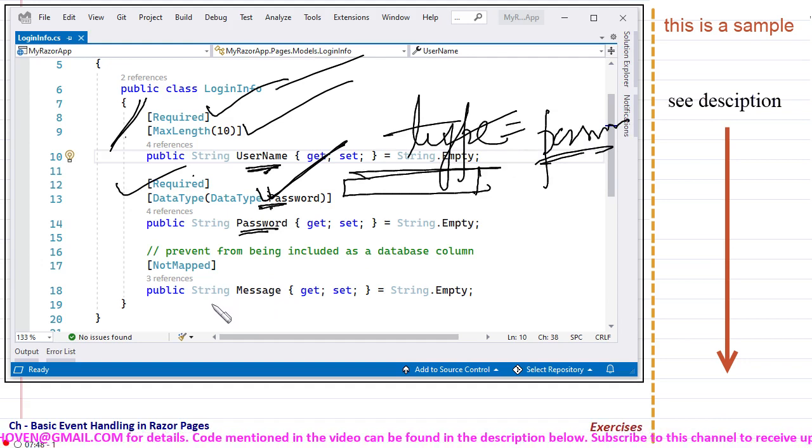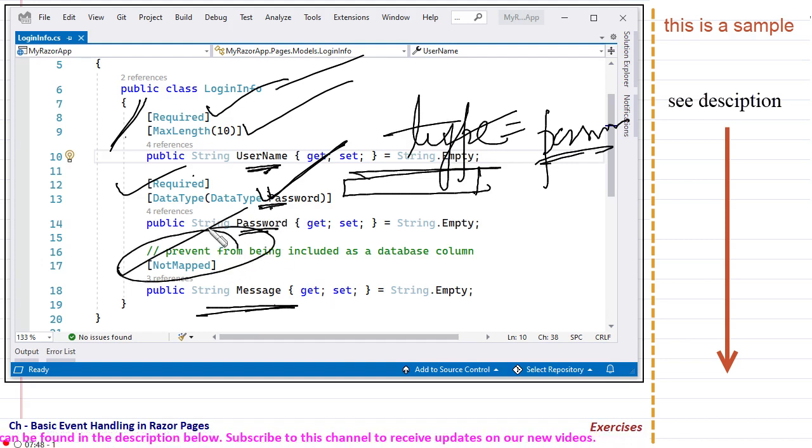And then there is a property called message. This message will contain the message like login succeeded or invalid login ID and password. We have set an attribute called NotMapped. This